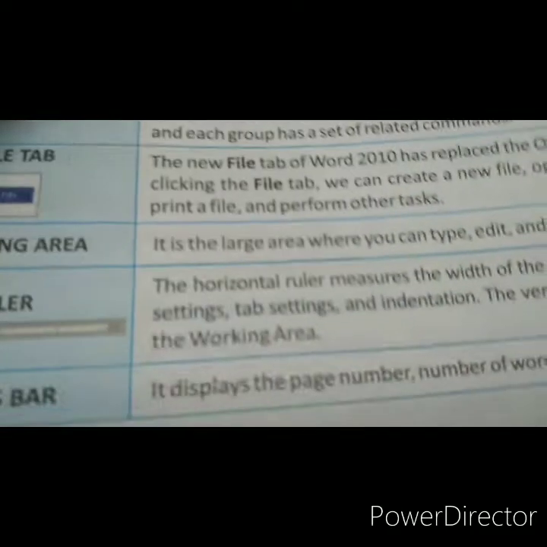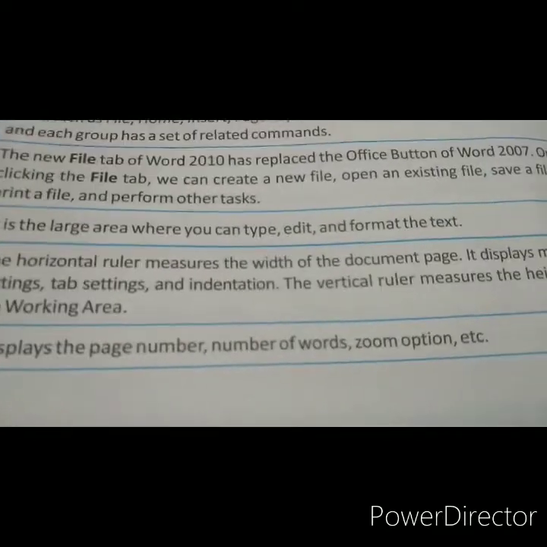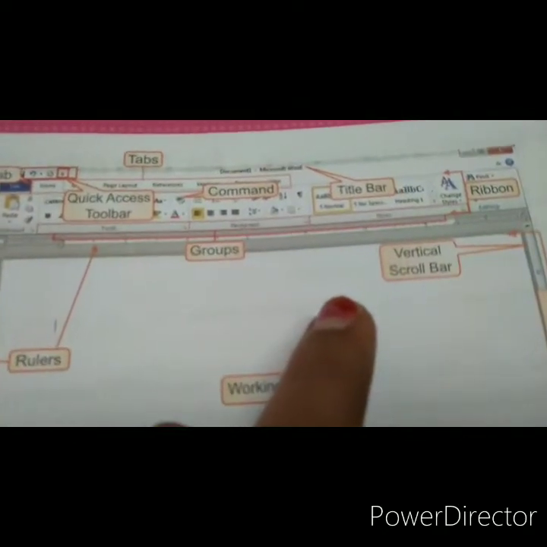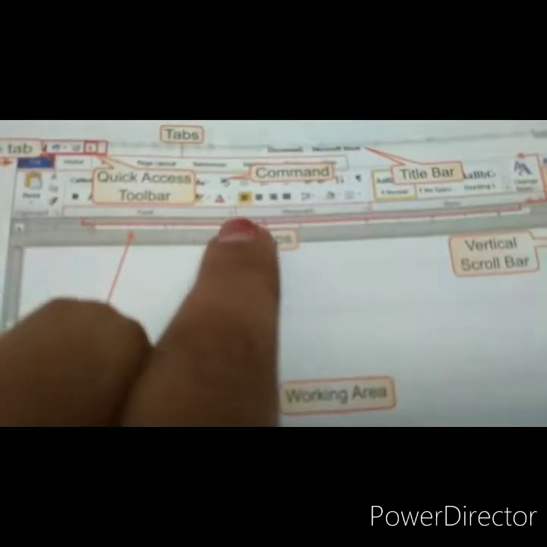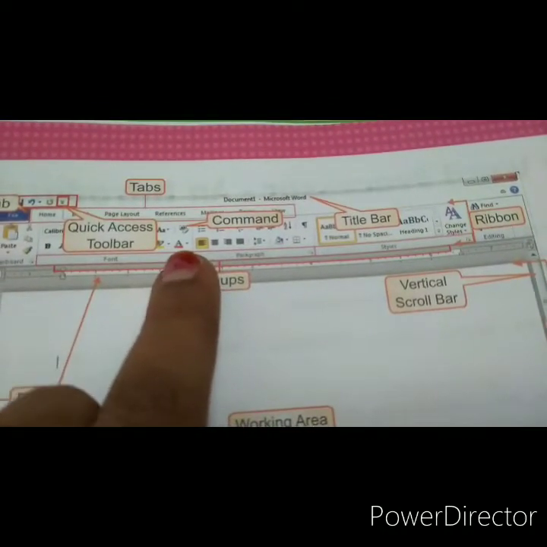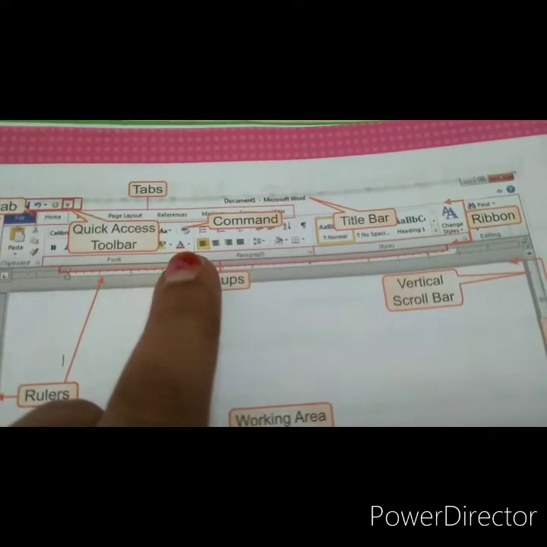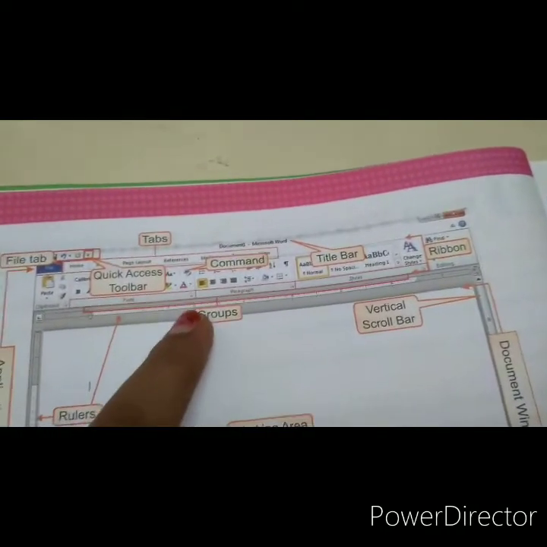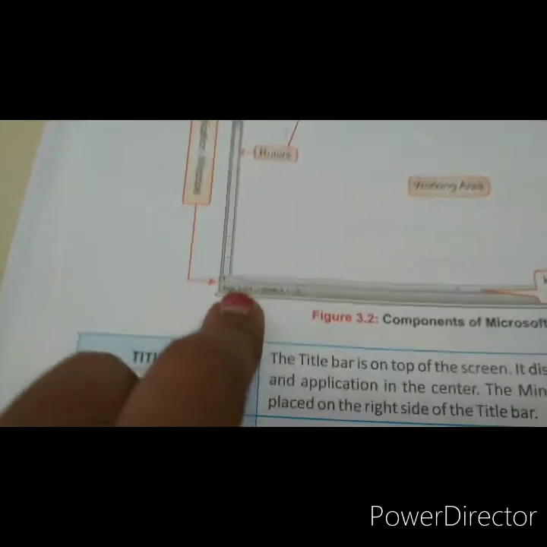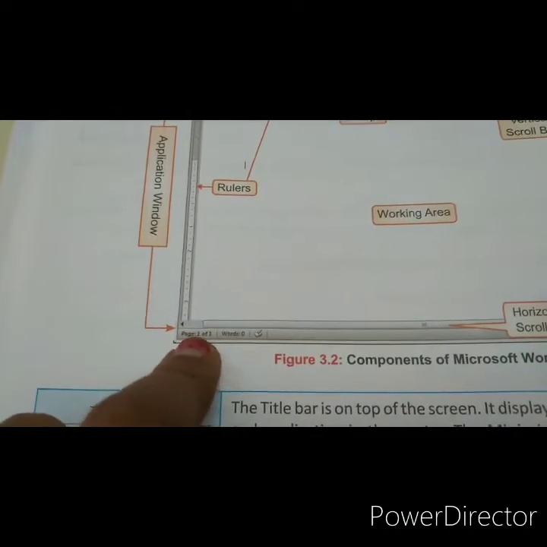Next comes the status bar. It displays the page numbers, number of words, zoom option, etc. See children, this is the status bar, and it helps us in checking the page numbers. Here you can see on which page we are.